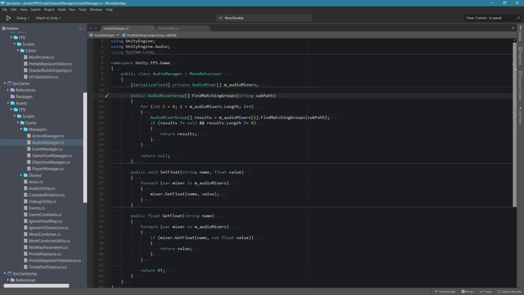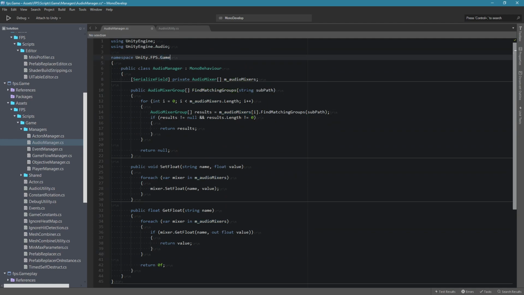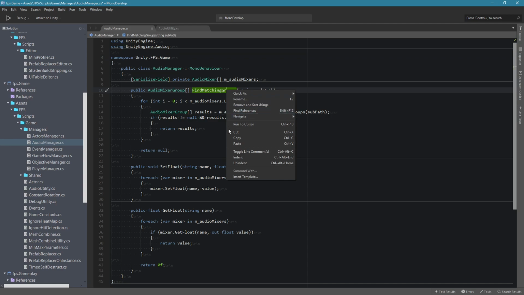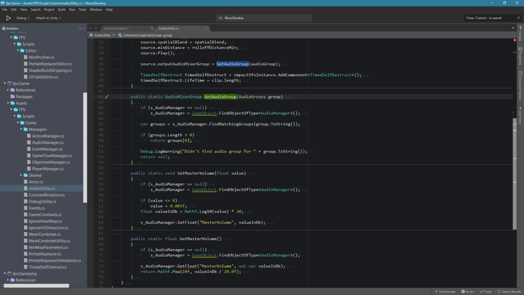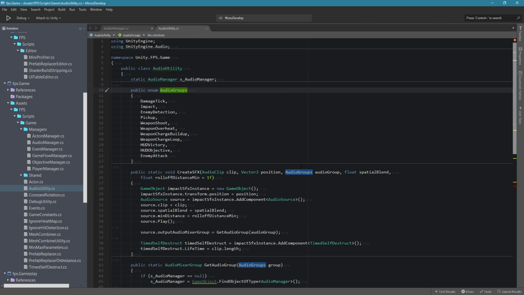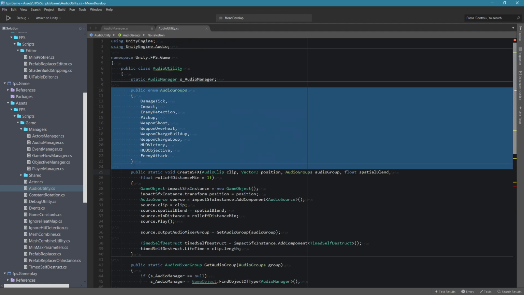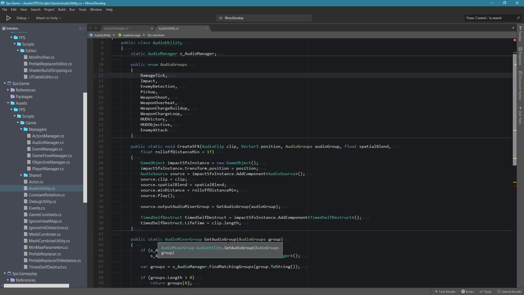Okay, so what's going on here? Find matching groups. Get audio groups. Find matching groups to string. Oh, audio groups is our own stuff. Okay, I see what's going on. Okay, we've got a bunch of mixers, and they are